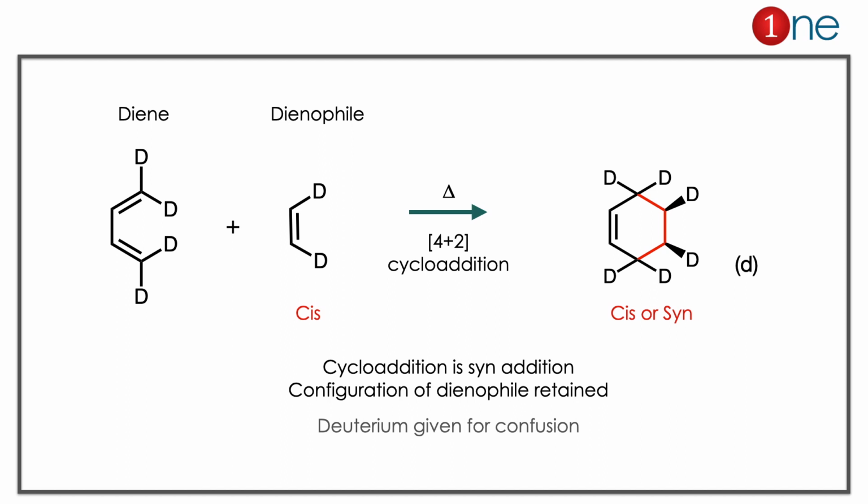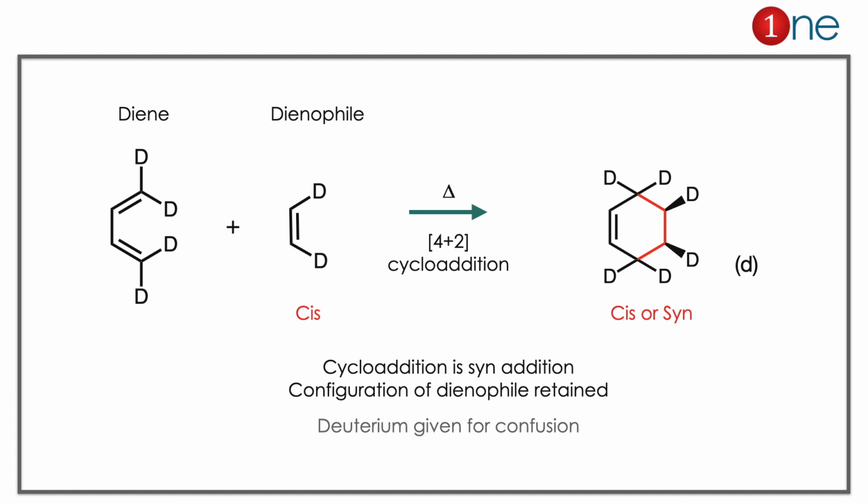The starting material, you are having a conjugated alkene and an alkene, so it's a kind of diene and dienophile situation. So what really happens is a 4+2 cycloaddition. Here you have to know the fact that cycloaddition is a syn addition, so it occurs on the same plane, and the configuration of the dienophile is retained there. So both deuteriums are above the plane. Why are the deuteriums above the plane? Because they are cis in the reactant, so in the product also it is syn or cis there. So the configuration of the dienophile is retained there.